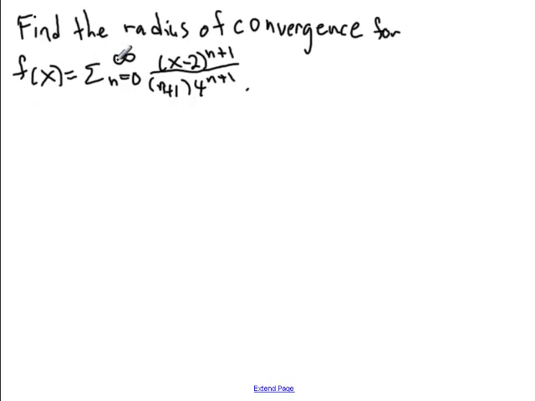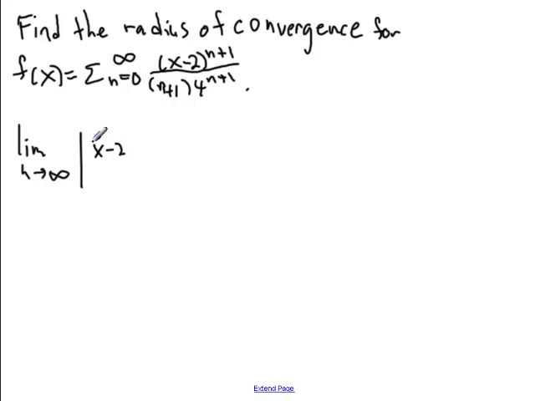Find the radius of convergence for f of x equals the sum from n equals 0 to infinity of (x minus 2) to the n plus 1 over (n plus 1) times 4 to the n plus 1. So the typical technique for finding the radius of convergence is to look at the ratio test. So what we have to do is take the limit as n goes to infinity of the absolute value